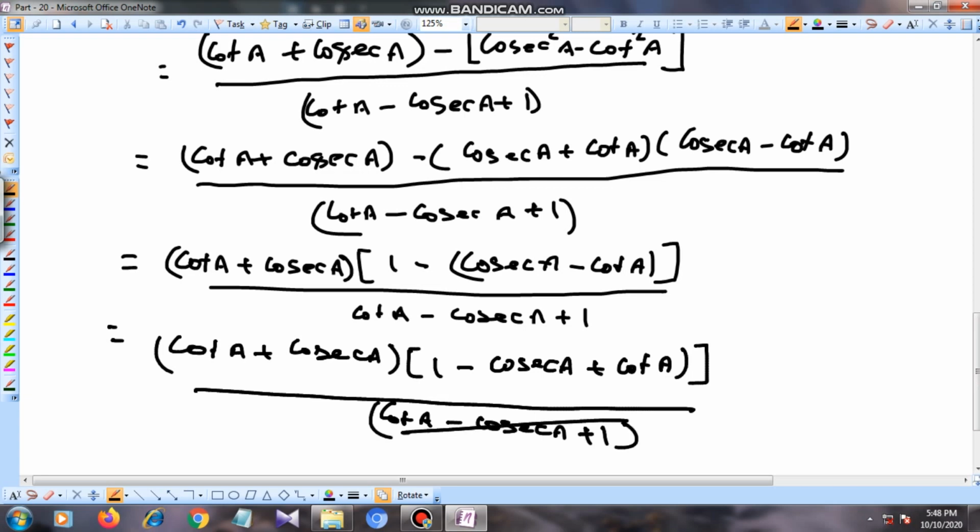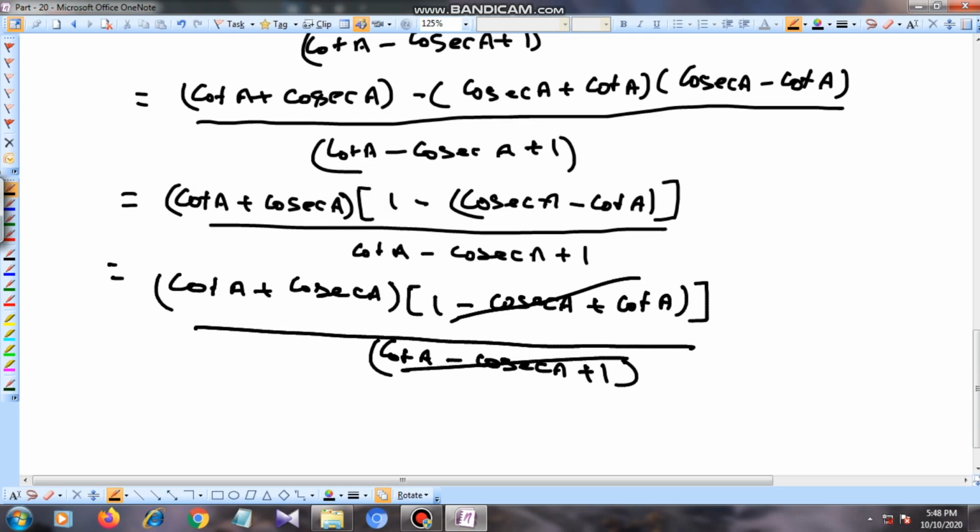So this quantity and this quantity are the same, so these cancel each other, and we get cot A plus cosec A. So LHS equals RHS, and the next part is, now convert these two